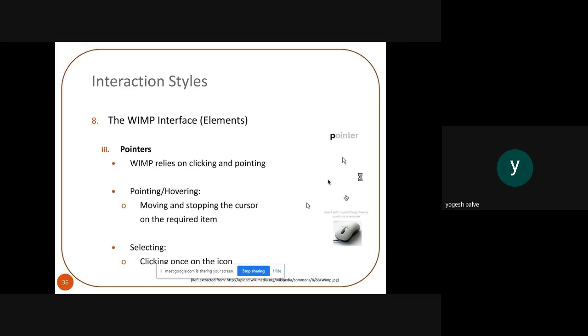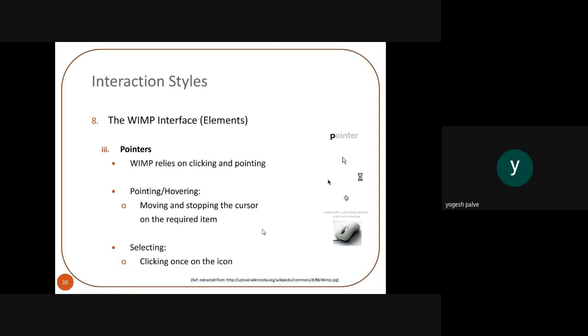Pointing is nothing but moving and stopping the cursor on the required item. Whatever specific task the user wants to do, he can just click on that particular item. In many important applications, the role of the pointer is selecting something. The user clicks once on the icon and does the specific task.